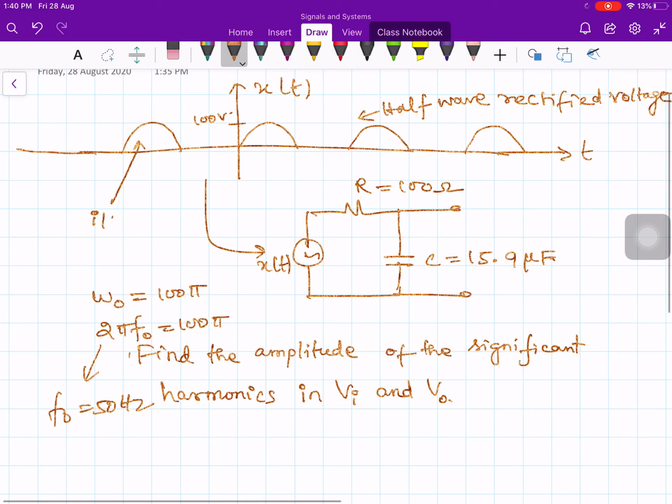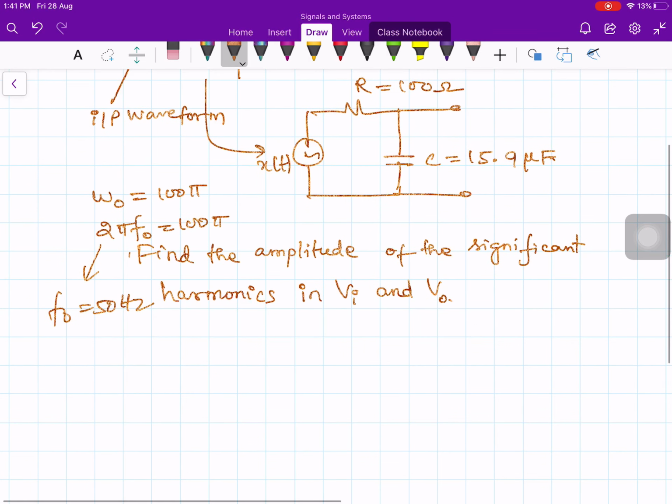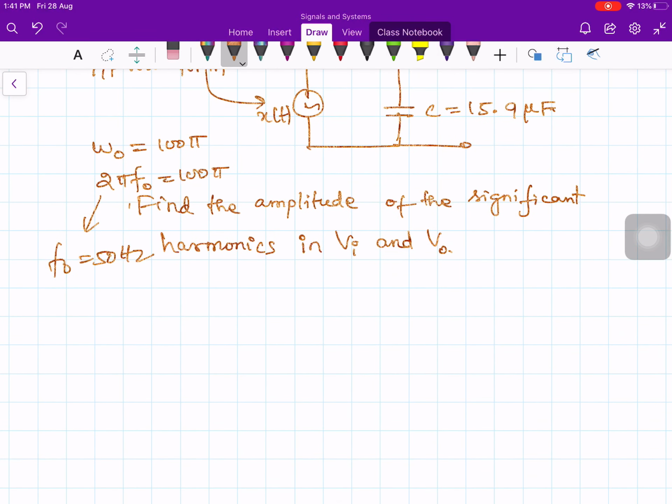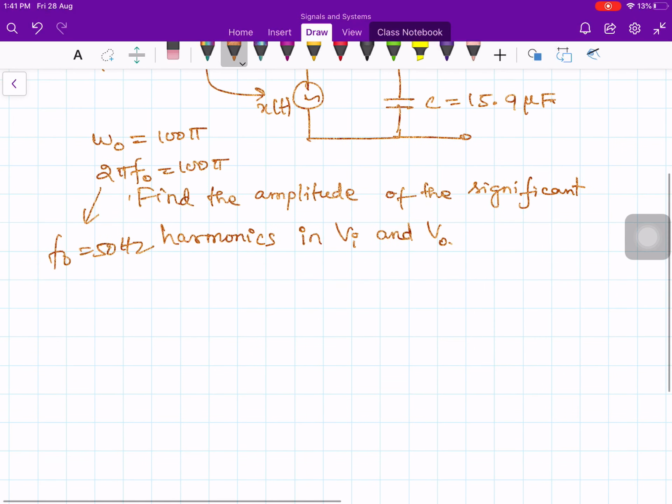Now look at the input waveform. This is the input waveform, and basically this waveform is not in sinusoidal form. Even though it has a sine shape, it is not a complete sinusoid. So we cannot apply the phasor methods straight away for calculating the output voltage. On the other hand, the Fourier series tells us that such an input voltage can be decomposed into a number of sinusoids. That's what we discussed in the previous lecture. So for each one of the sinusoidal components, we can find the corresponding output using phasor methods and superpose all the solutions to obtain the output.